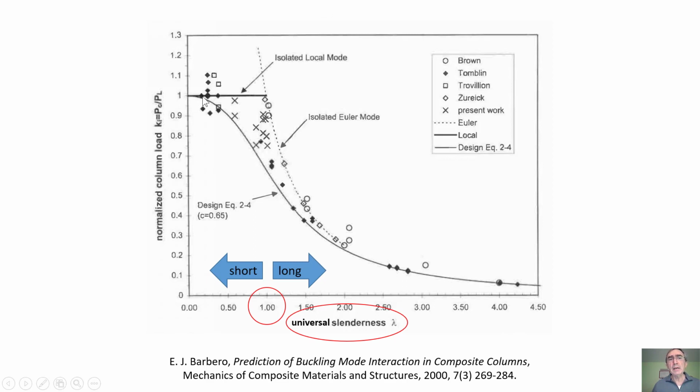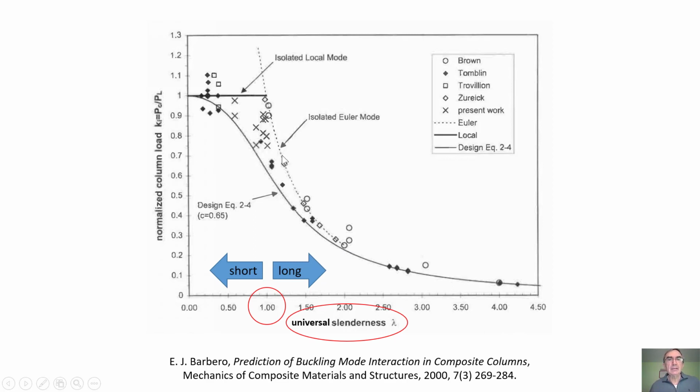Now, this value can be either measured from experiments, or it can be predicted by formulas or finite element analysis, and you are very confident about this value, and it usually is what controls the design. Then we have this formula. This formula also is very good to predict the buckling load when the column is very slender. The experimental data agree with the formula very well. Okay, and it's a very simple formula.